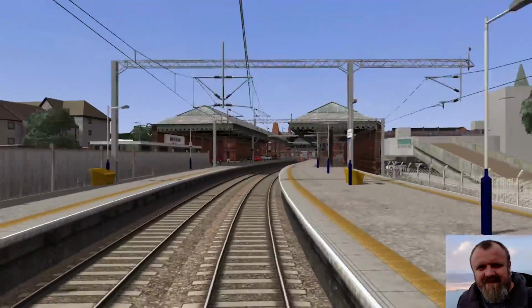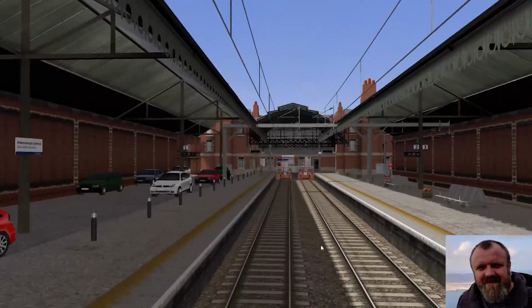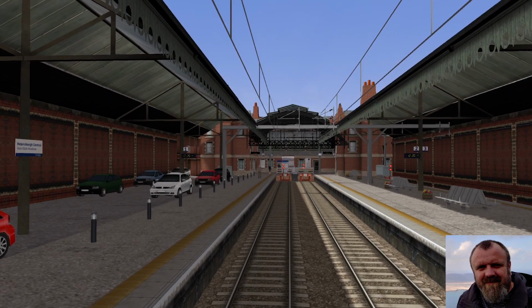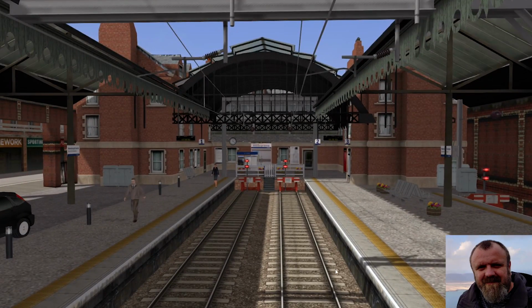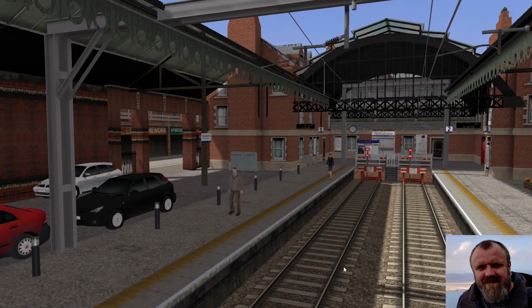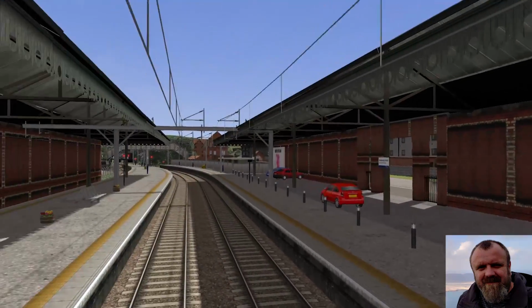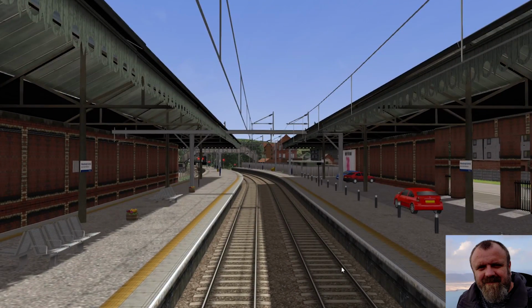Ending in Helensburgh Central. This is a station that was pieced together by bits and pieces, but it's been vastly upgraded. Alan did a lot of retexturing in the buildings at the end, for example. These are original Cujo buildings, but they're much better now. And that's the end of the line.